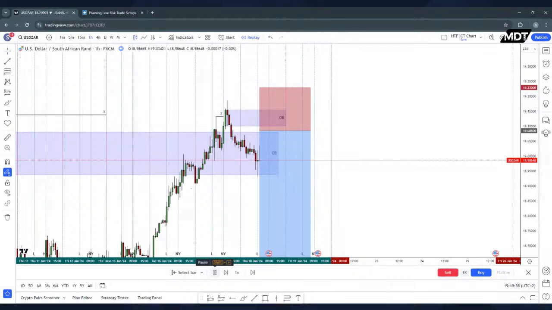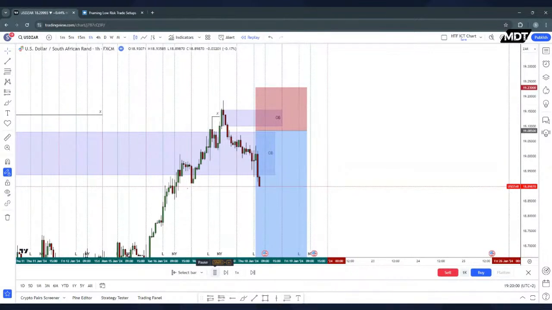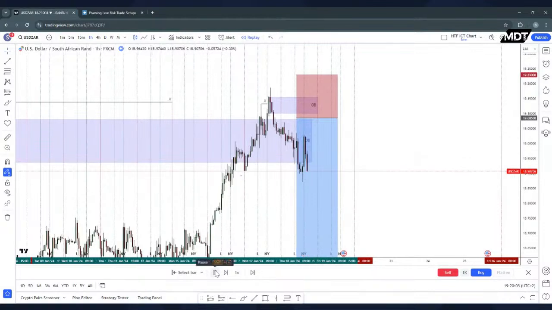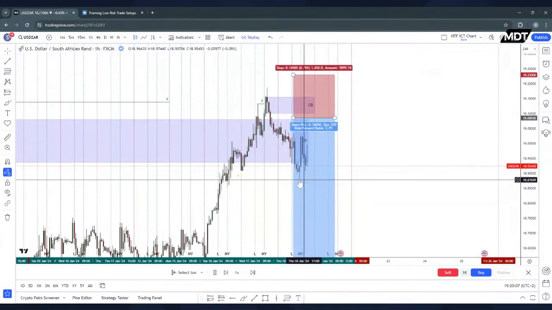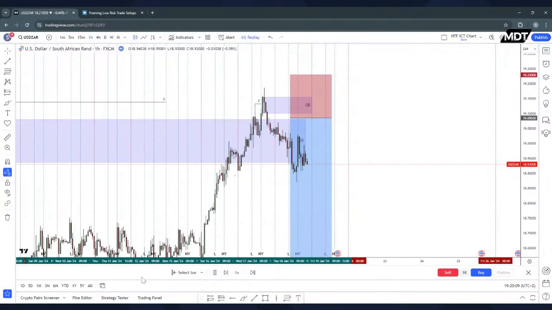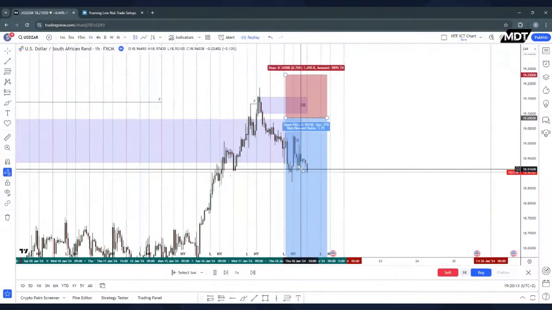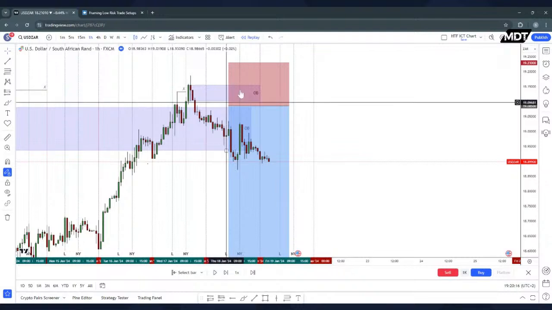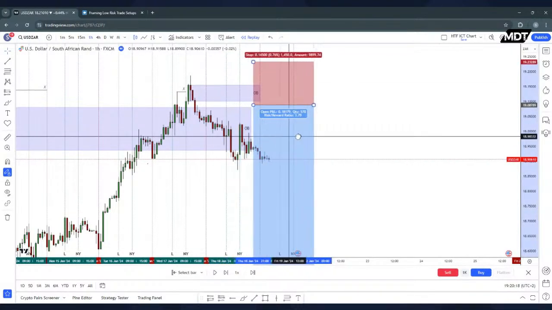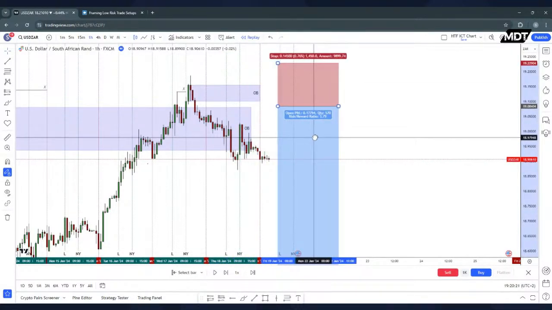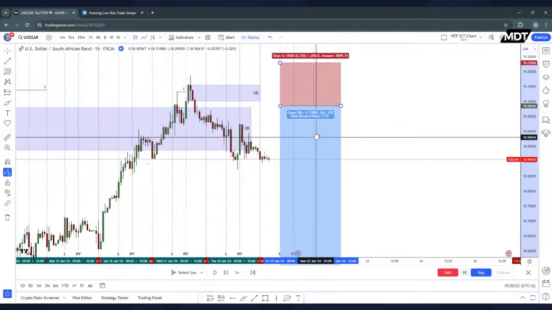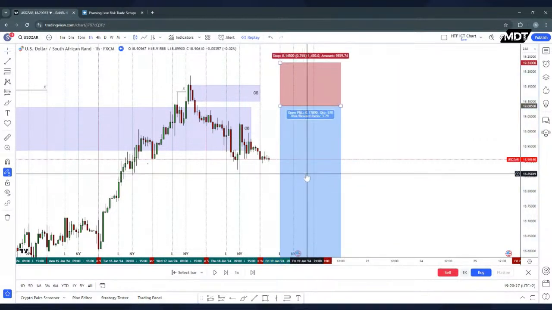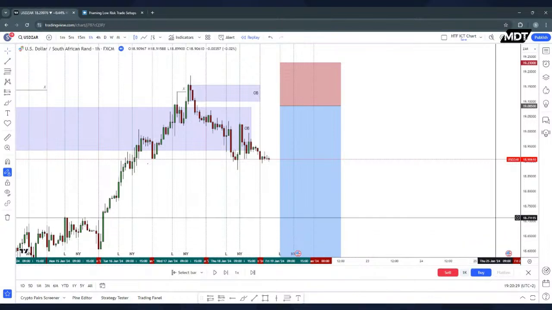And we are at London kill zone now, but we've started to press lower. So let's see. If we break this low here, then I'll take the order off. But we are technically still within this range, but again, outside of that London kill zone. So I'll just let it play out until we get to that point again, and technically only execute once we get within London kill zone.